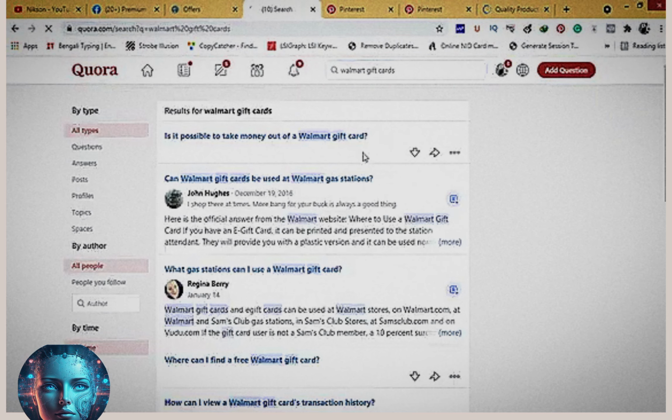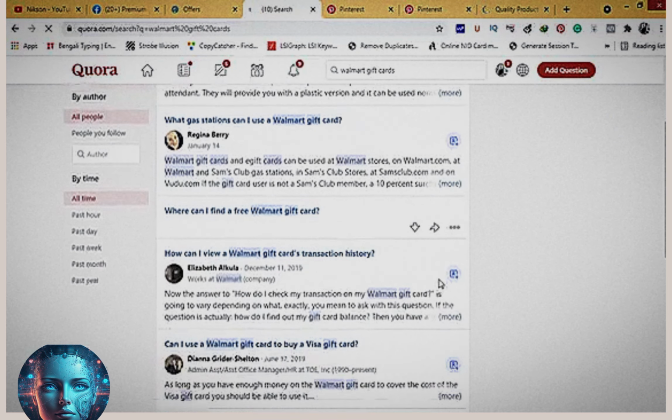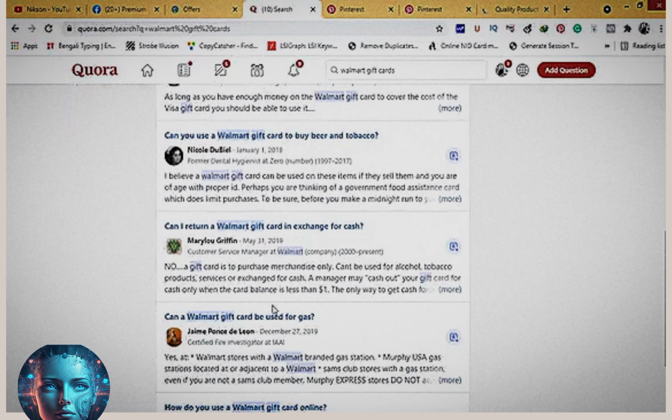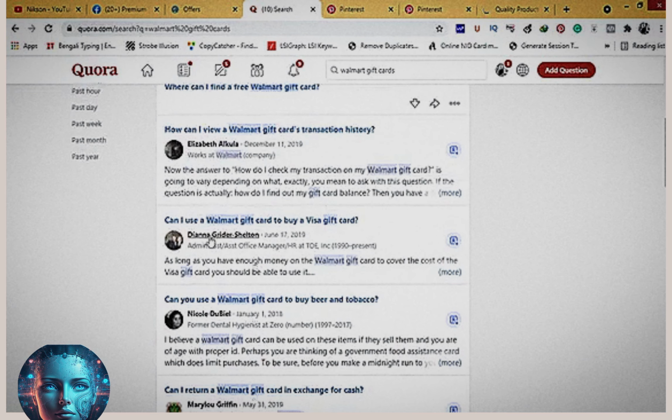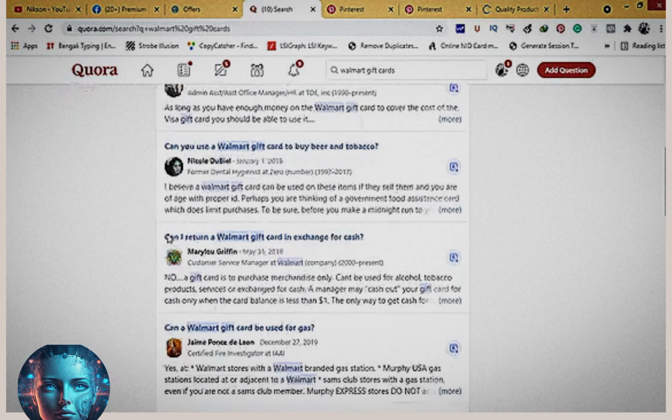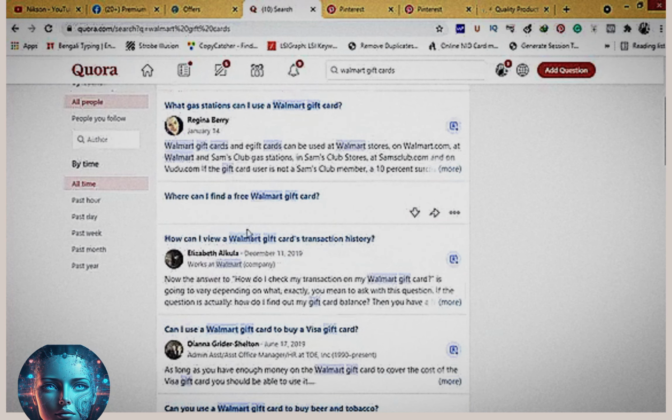After you search with these types of keywords, you can see that people from all different countries ask here on Quora how they can get gift cards, Amazon gift cards or Walmart gift cards. So you have to find the questions you can answer.